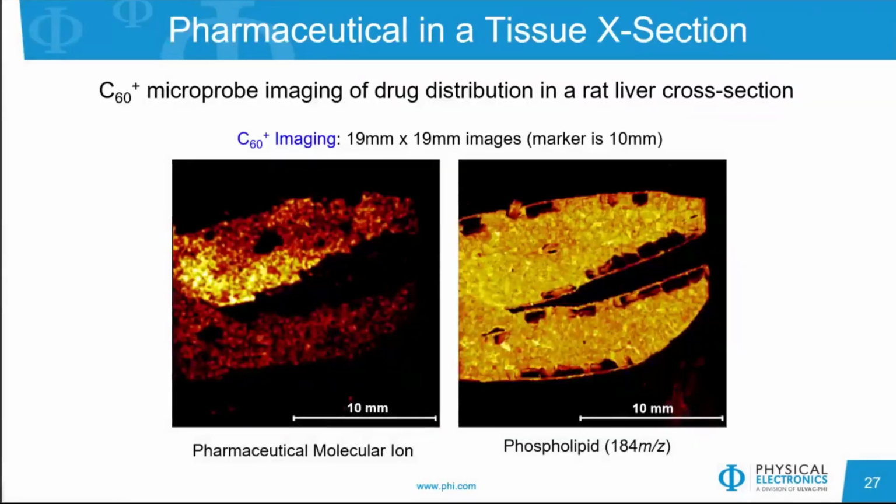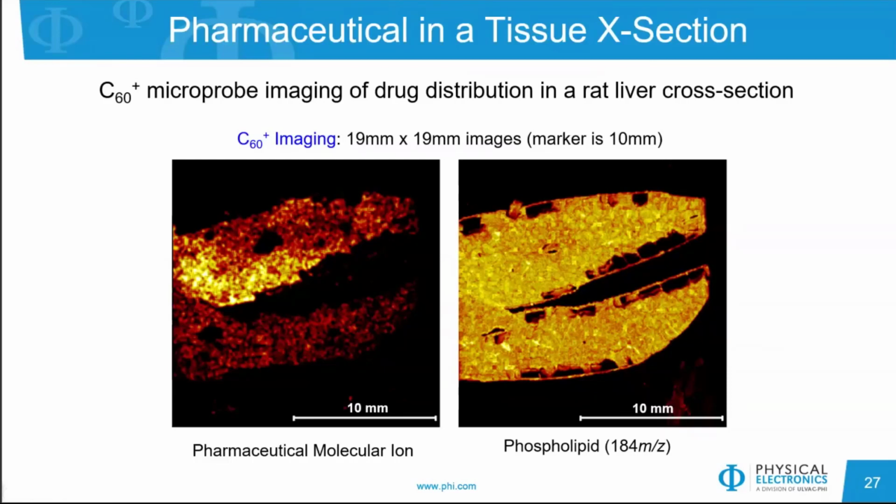So this is how TOF-SIMS can be used in the pharmaceutical industry. It can be used to look at the drug distribution in animals or in delivery in body parts, particularly the liver. This is a drug distribution of a rat liver cross section, collected with the C60 ion beam. Looking at the secondary ion image here, this is the pharmaceutical molecular ion. So you can see how it's distributed in the rat liver, as well as this phospholipid, just showing the matrix of the material, so you can get an idea of the size of the rat liver and